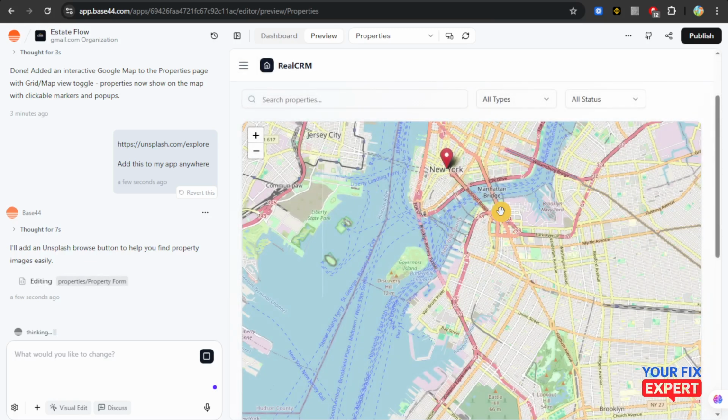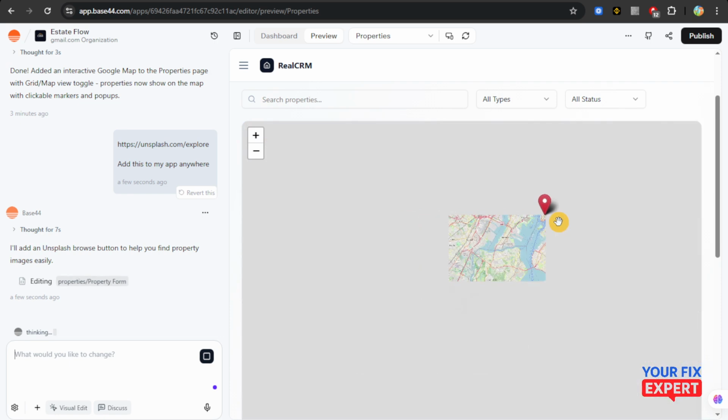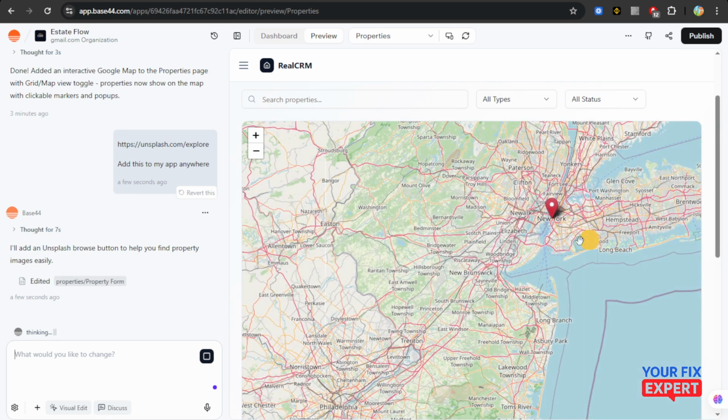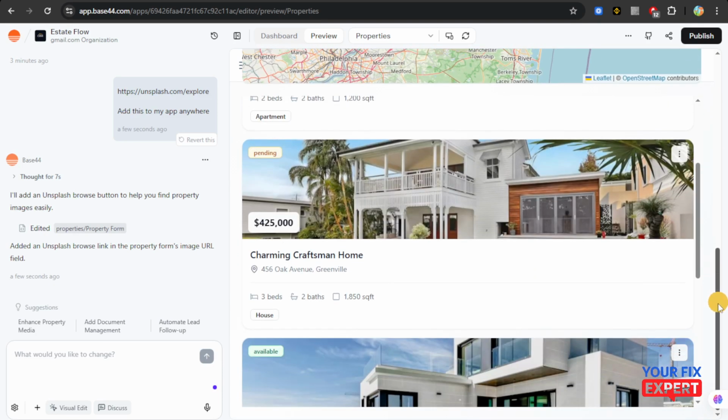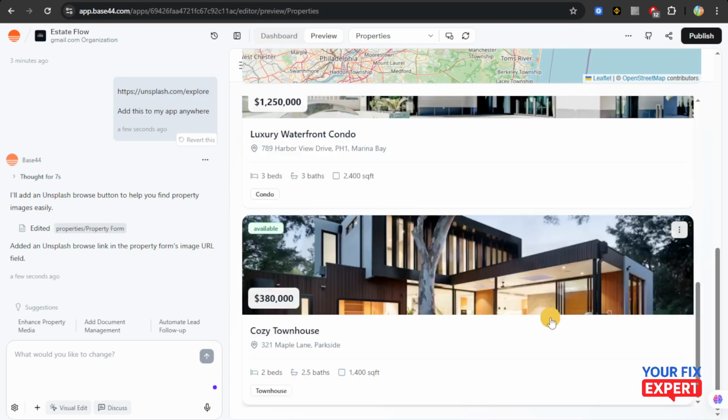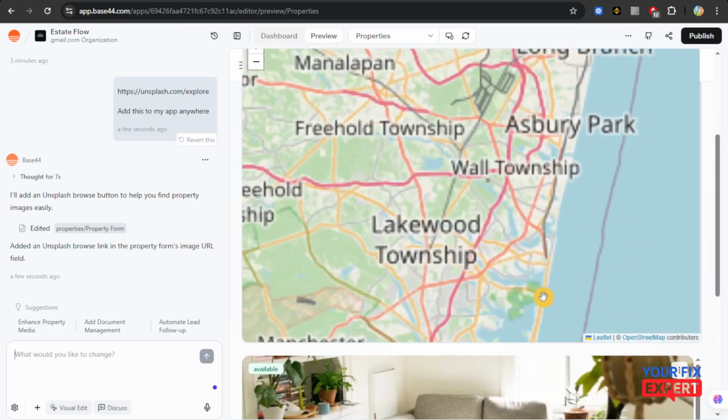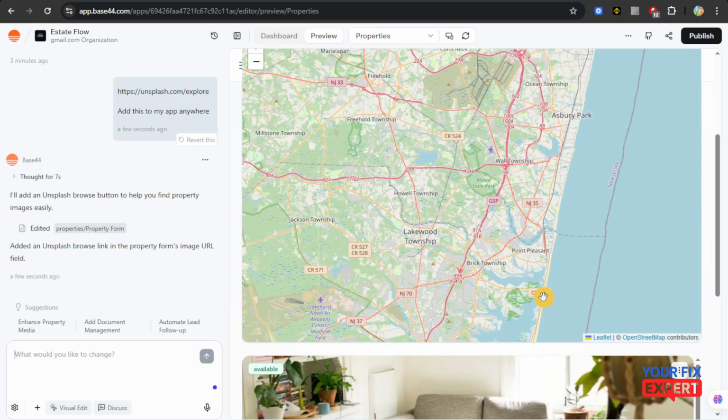And as you can see here, once it's done editing, we're going to see the load preview option, and that's it. You just basically have to wait for this to be finished, and as you can see, it has been: the Unsplash browse link in the property form's image URL field has been added. So we're just going to check that. You can just scroll down, and then you'll be able to find all of the images right here already. And that's it. That is how you can add an image into your